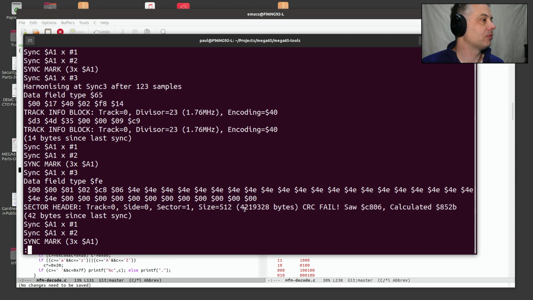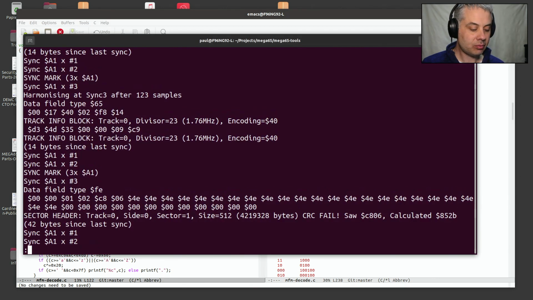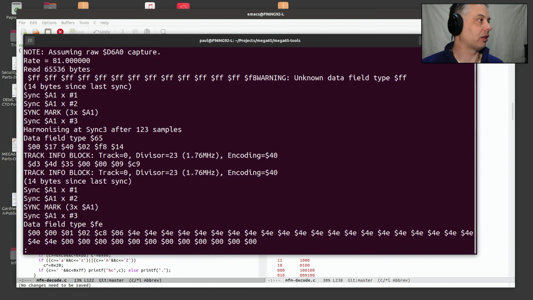Why do I put that something funny in there? Is that the problem? No, because that's the checksum. So the 02 is the sector size. Just want to have a look at the code that's printing that out, right? Yes, that will help. This won't fix the CRC, but it's just calculating the expected sector size from the